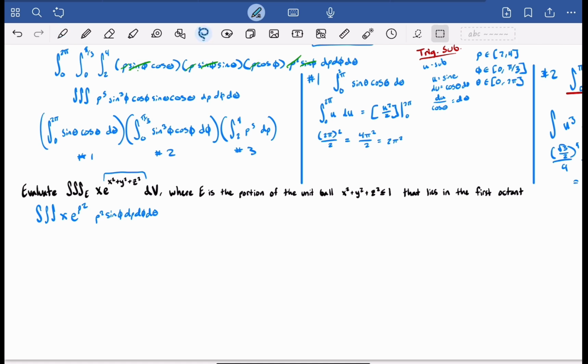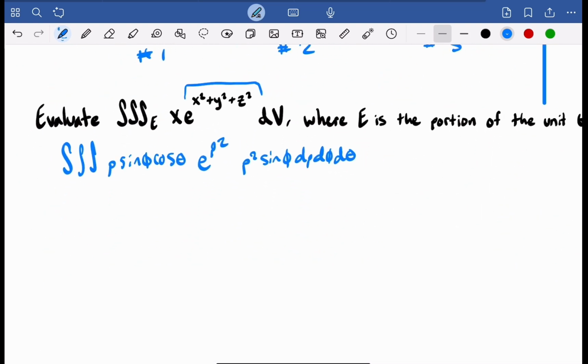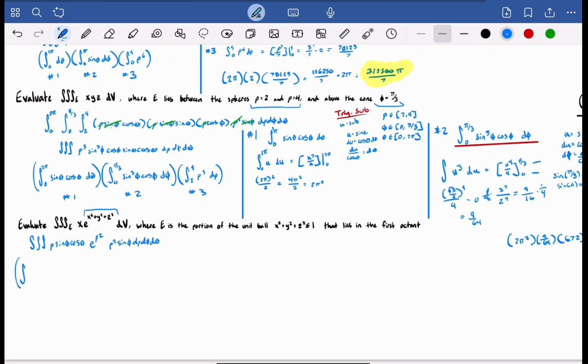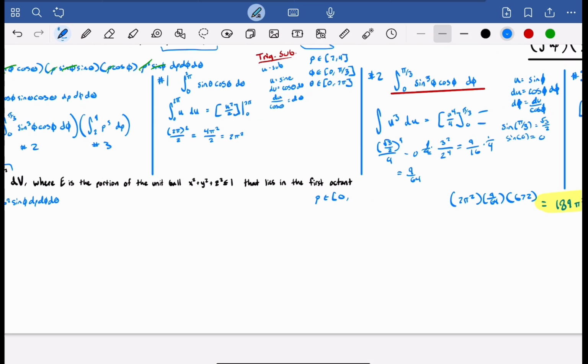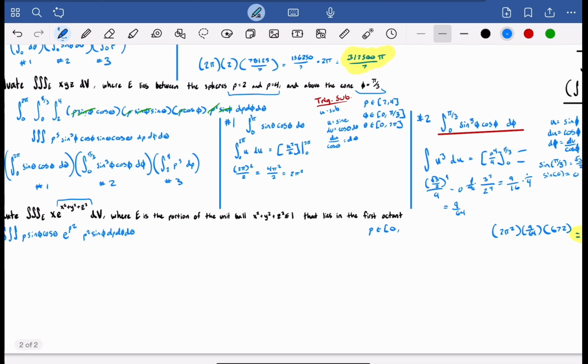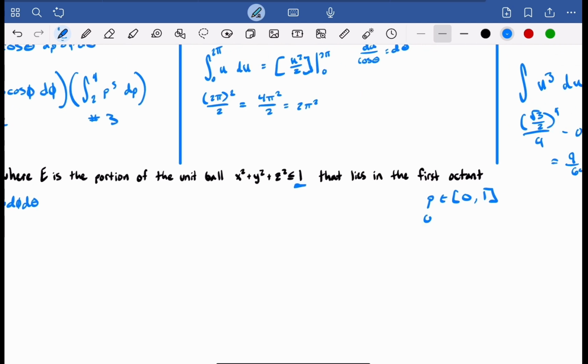And then for x, we can put in our x here, which is going to be rho sine of phi cosine theta. And through this, we're going to split this up into 3 separate integrals again, and then we'll find our bounds. Oh, let's find our bounds now. So rho is going to range from 0 to 1, because we have our radius of 1 right here. And then we have phi, which is going to be from,